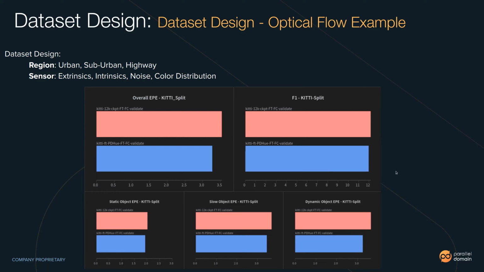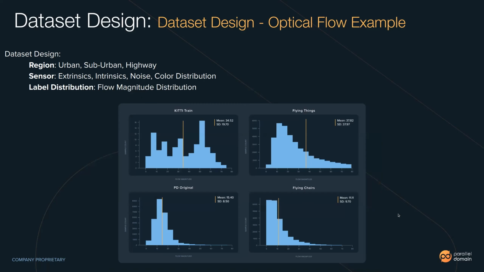So what we did next is analyze why this might not be performing as well as we think it should. We looked into these magnitudes that I mentioned before, where we looked on average at each frame in these datasets, how far do pixels move? What we noticed is the KITTI training dataset has a lot of pixels that move 30 or even 60 to 70 pixels between two frames on average. Same for FlyingThings, but you can see here for the PD dataset we generated, it's a very Gaussian distribution. So we didn't have any examples of these very quickly moving vehicles in our data,